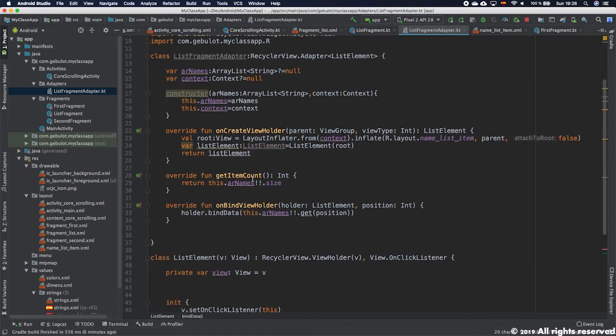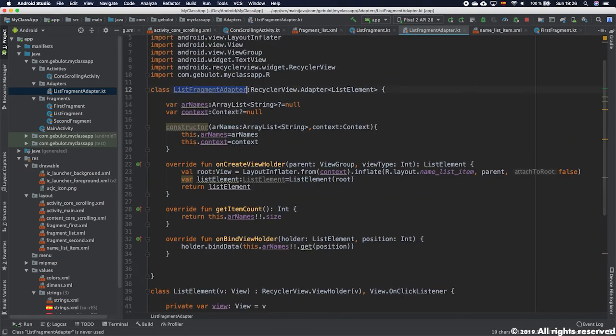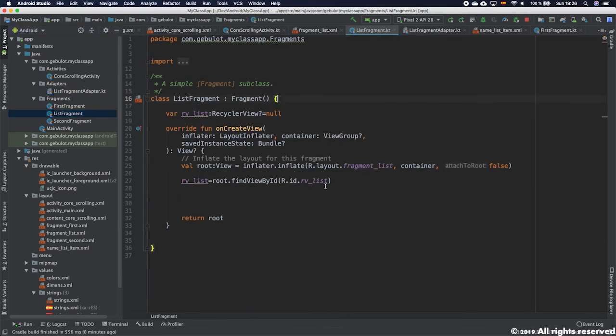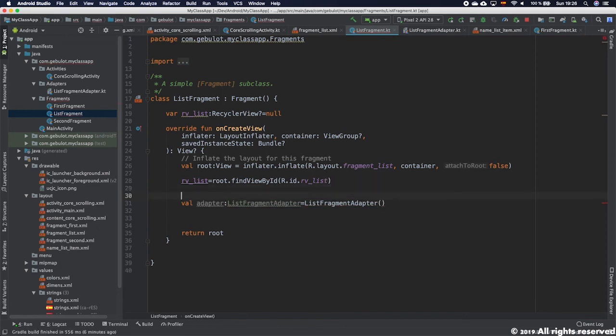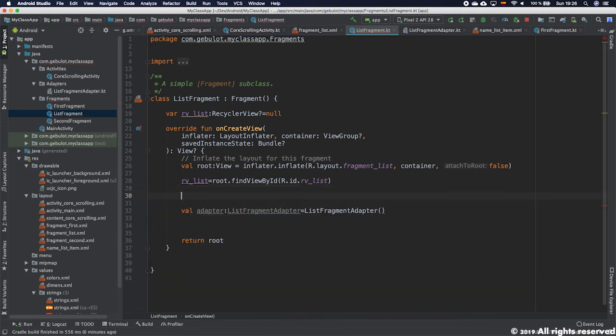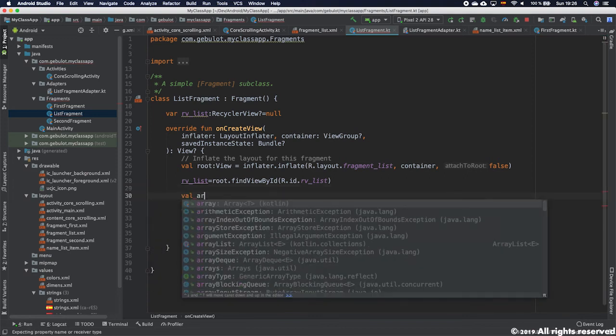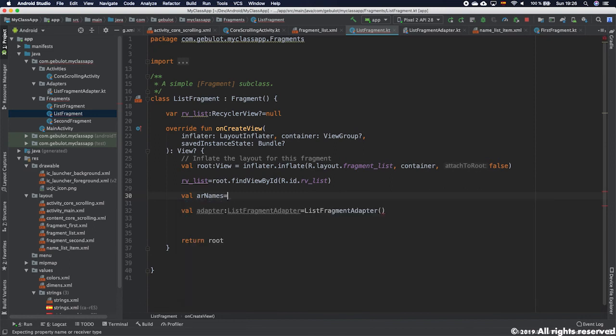Okay. Now the final step is to go back to the list fragment here and link the adapter of type list fragment adapter. We have to initialize it. Okay. Remember, we asked for an array of strings. We can create beforehand an array of strings, array of, and we can add the elements we want by adding this. For example, I can put